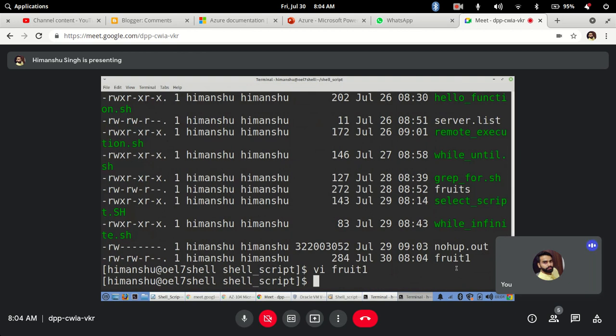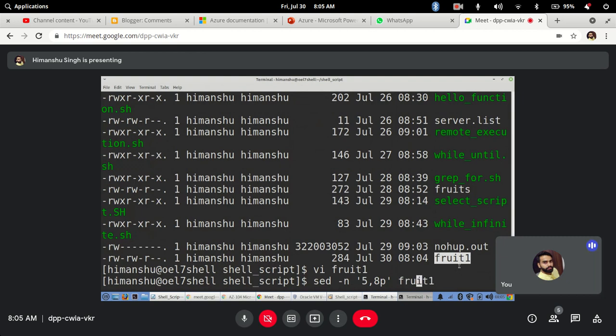Now moving ahead, let's say you want to see particular lines, say line number 4 to 5 or 4 to 8. Then you can use sed with hyphen n, and mention 5 till, let's say, 8 and p, followed by the fruit file.